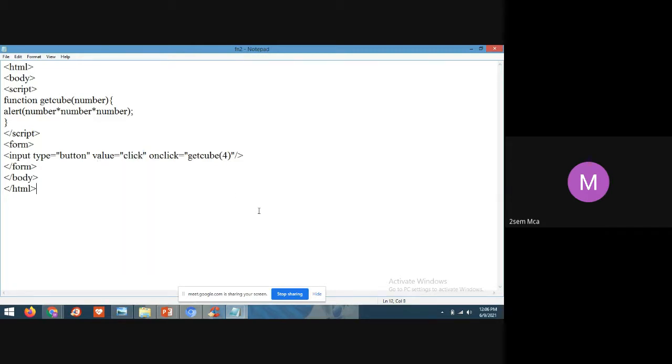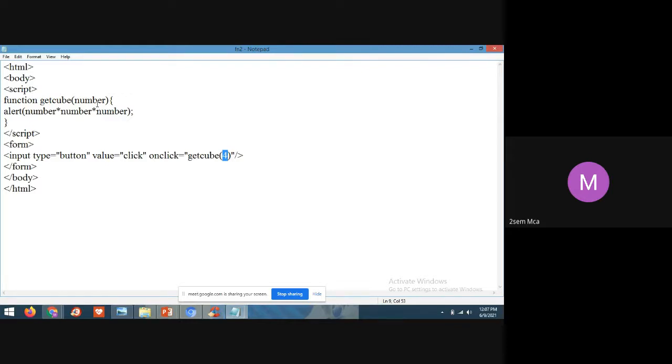Then onclick is equal to getCube. getCube is what? The method, or the function. Correct, no? And I have a parameter, that is number. So what value have I given? 4. So 4 will be passed to this getCube function.